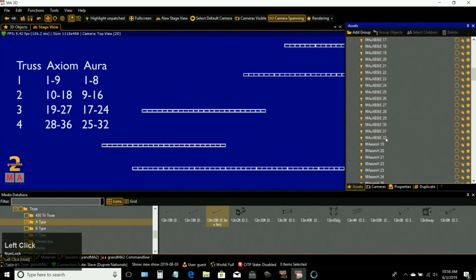And basically, I'm just making piles of fixtures like you would do on a normal load-in. I'm just piling them all up next to each other so that when duplicate goes to, well, duplicate, the fixtures are in order and it knows what to do. I'm going to continue this process, dragging these auras underneath my 27th Mac axiom. So now I grab, leave my next 8 auras, drag it below 9 more axioms,